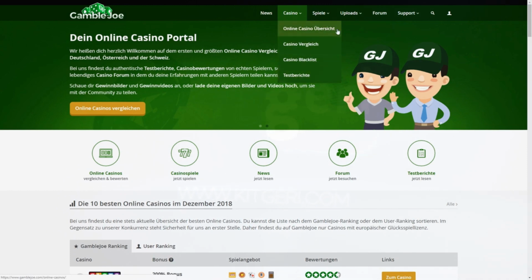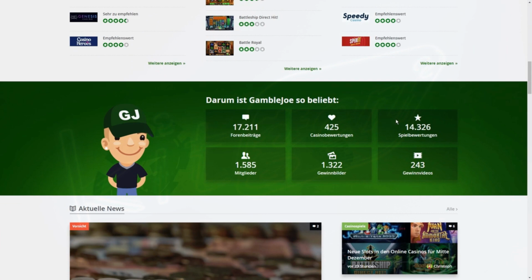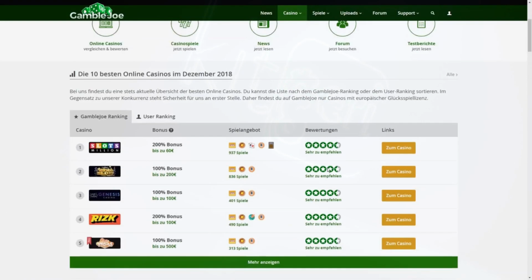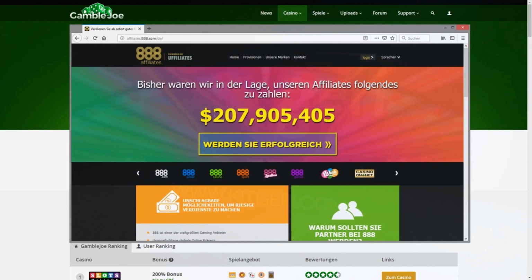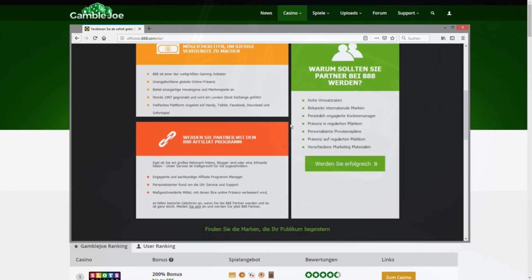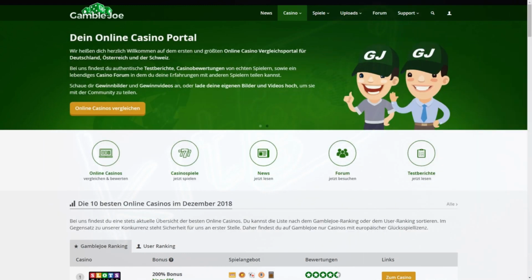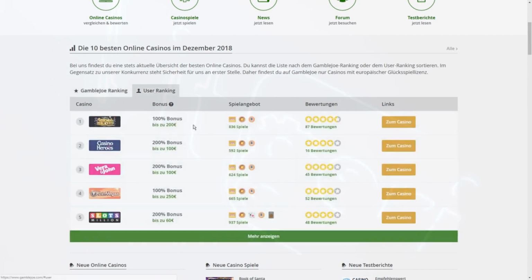Of course, this topic might not be for everyone. But it's fascinating to see the amount of affiliate marketing in those areas. There are testing reports, user rankings and many other things about those online casinos, which act as advertisements in those kinds of forums. These are 5 methods to earn some money with your online forum. There are many more, but this is a short overview, and I hope this video helps you to increase the amount of money you will make with your own online forum.